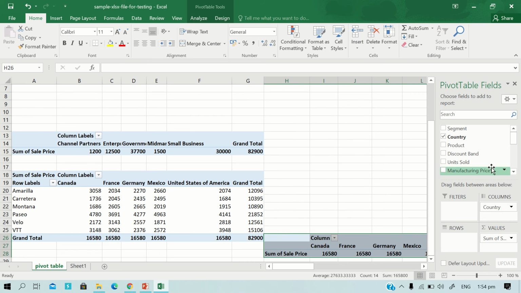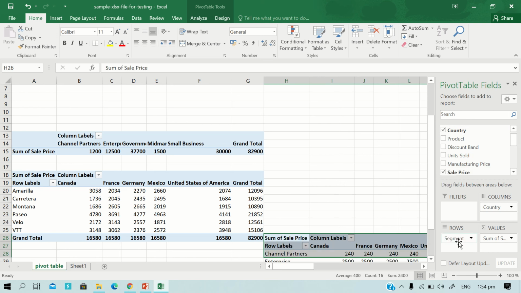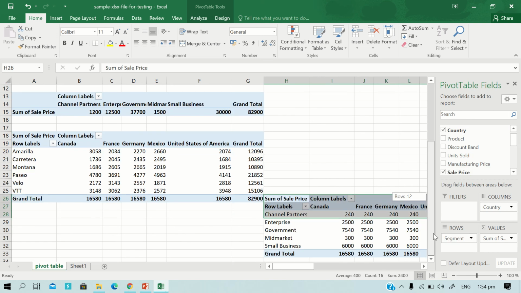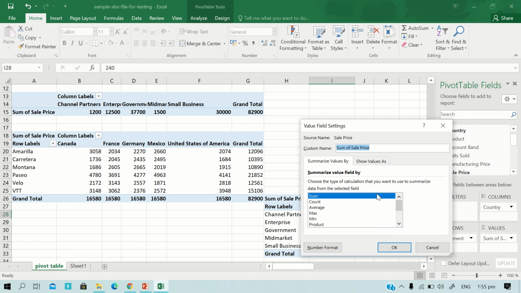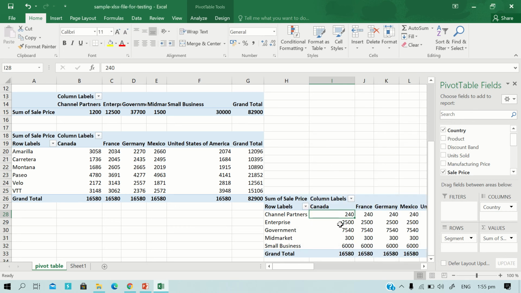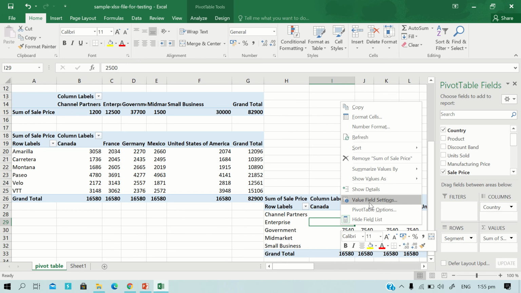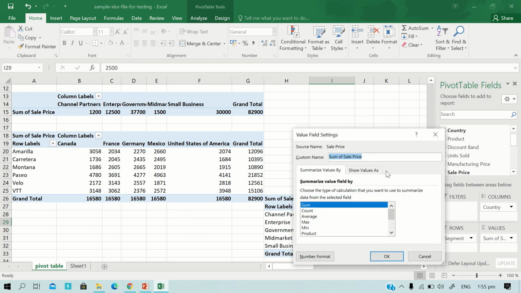This is about what segment. So here I have some segment also, like which country and which segment have very large price. So I want to click here because I want to talk about percentage. Right click and go to value. Wait a minute. Here you should right click and go to value field setting, and here you should write show